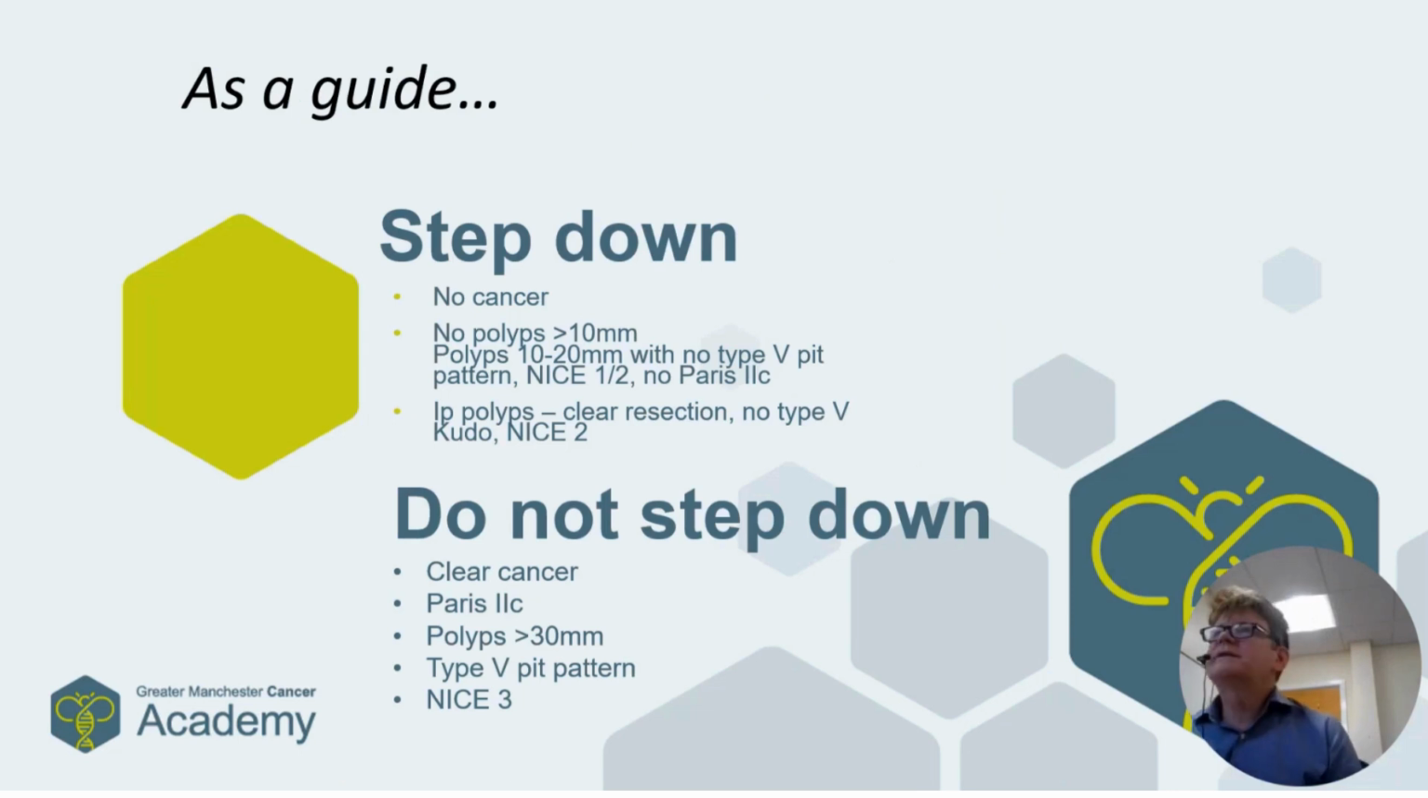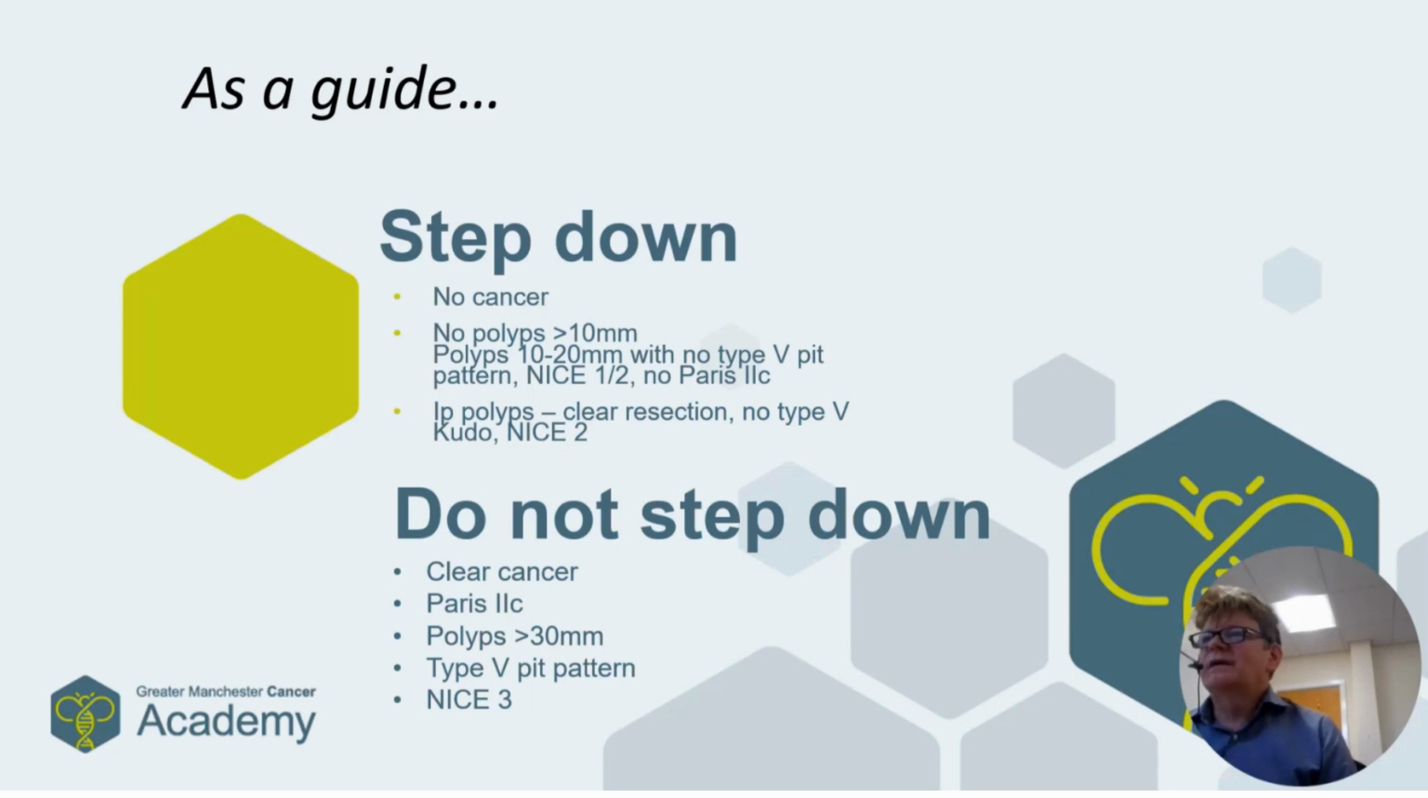So as a guide, step down where there is no cancer, where there are no polyps greater than 10 millimeters in size, or where polyps between 10 and 20 millimeters in size have no evident type 5 pit pattern. They are NICE 1-2 on narrowband, and there's no evidence of Paris 2C in flat lesions. For 1P polyps, if there's a clear resection margin, no type 5 pit pattern, the CUDO